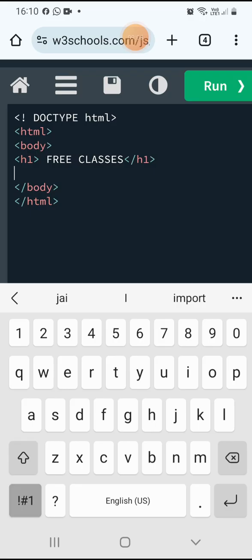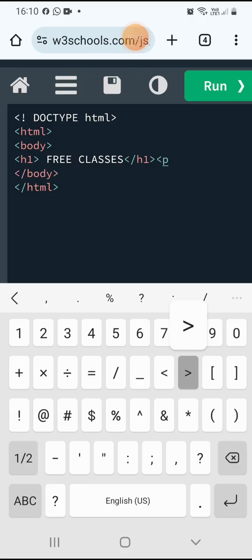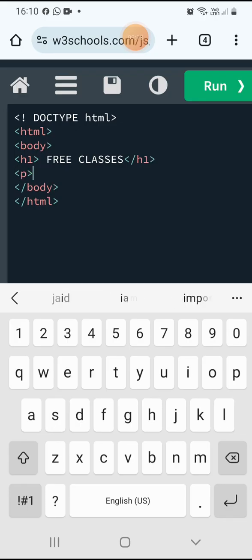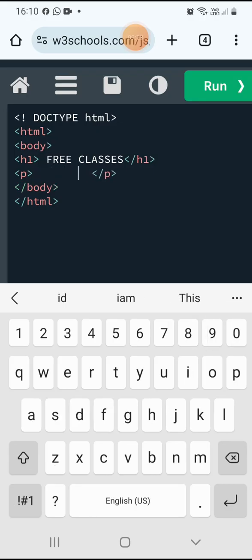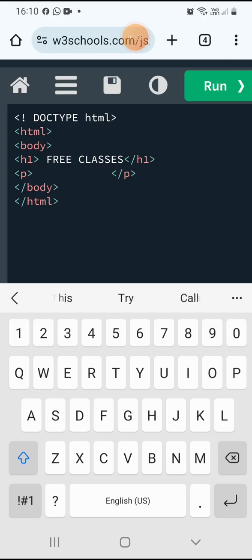Next, the paragraph element starts with the start tag. Now inside of this, any content you want to write must be closed with the end tag. Inside of this, if you want to keep any paragraph element, that can be kept here. Free classes, 3 days of a week,